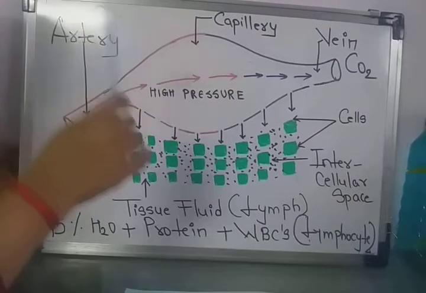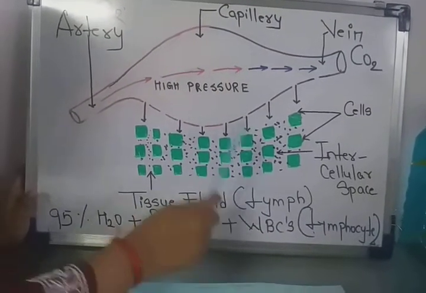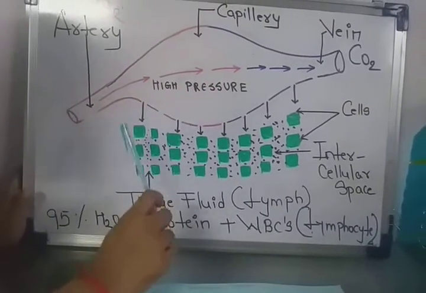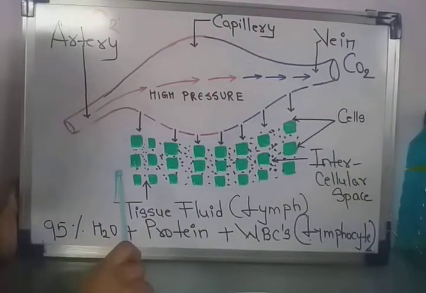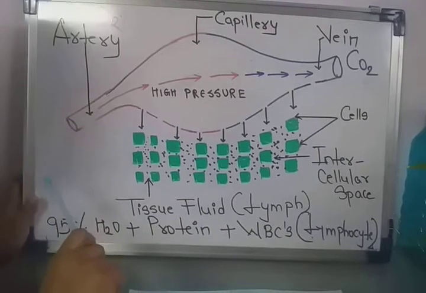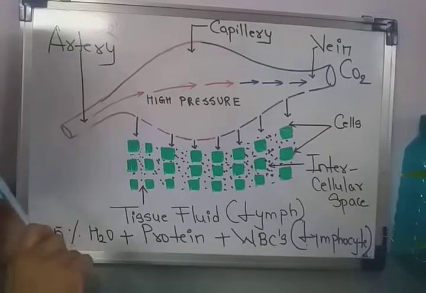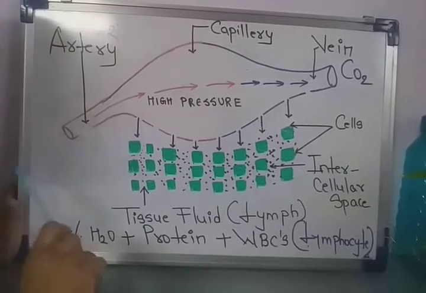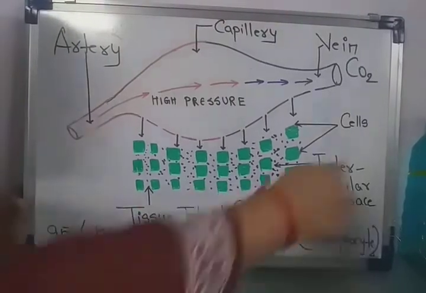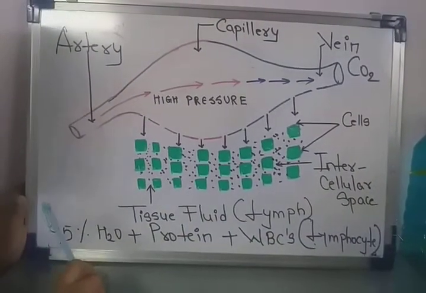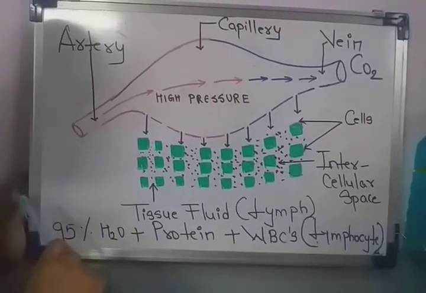Now if this lymph or tissue fluid gets collected in between the tissues or in the intercellular spaces, that is not good for the body. It may create swelling at certain regions in the body. One such example is elephantiasis, or elephant leg, wherein the lymph nodes swell up. That is because the fluid gets accumulated and cannot pass on, and that happens because of some filarial worms. This we will study in detail in diseases.